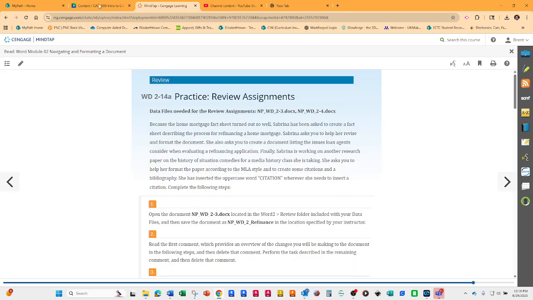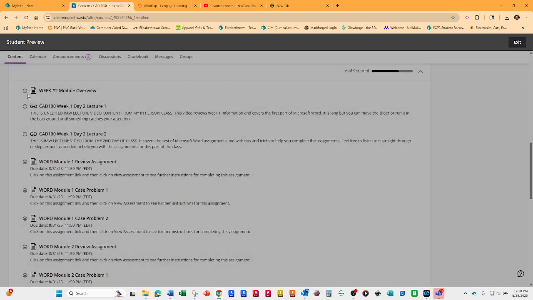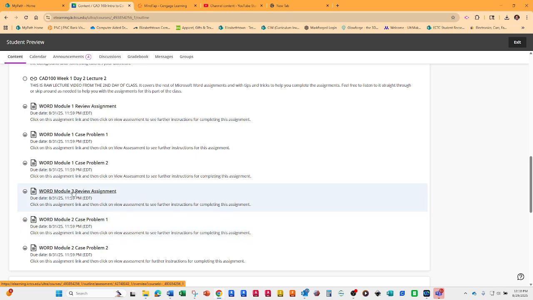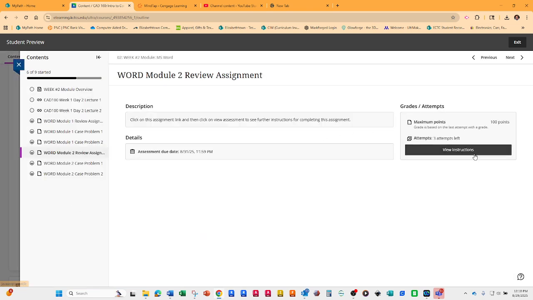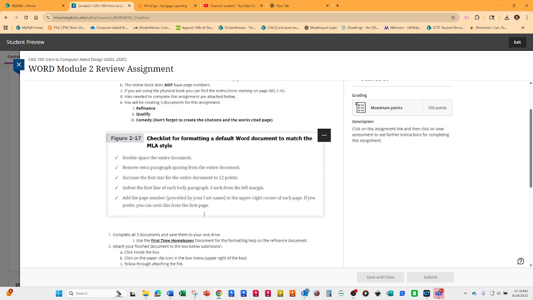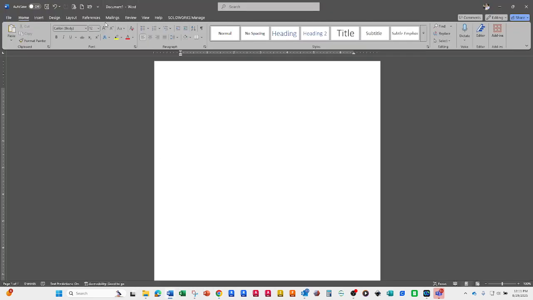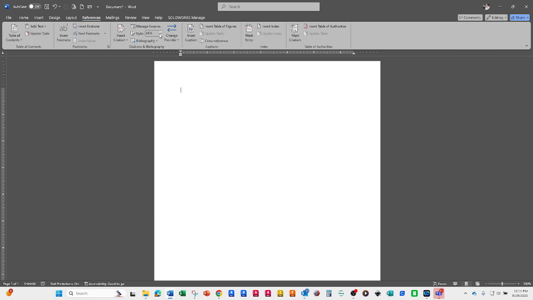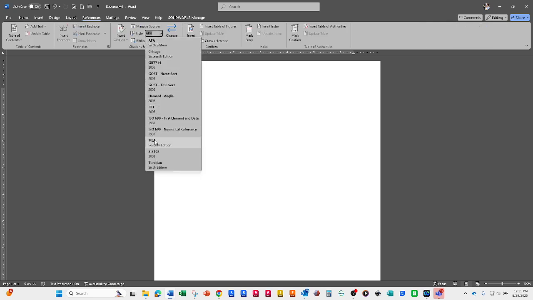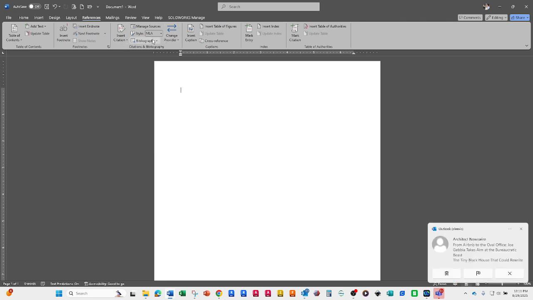Review question. You need these files. You go back over here. Look for the Module 2 review assignment. View the instructions. And by the way, hopefully this shows up for you, but I fixed it to where you have the MLA information. You have to fix this. It does not automatically do it. The only thing that MLA will do on the references is, when you go to references here, you set this to MLA,